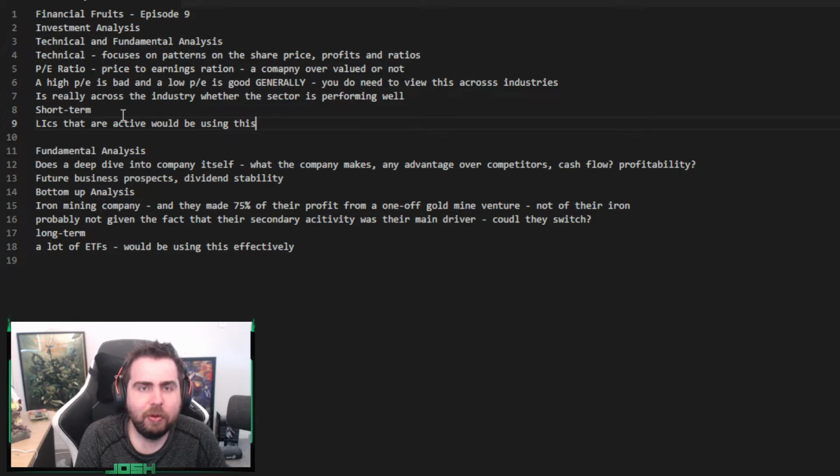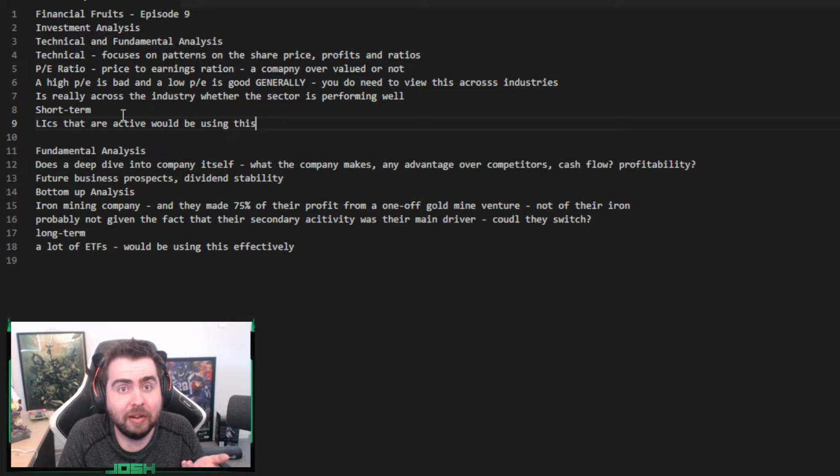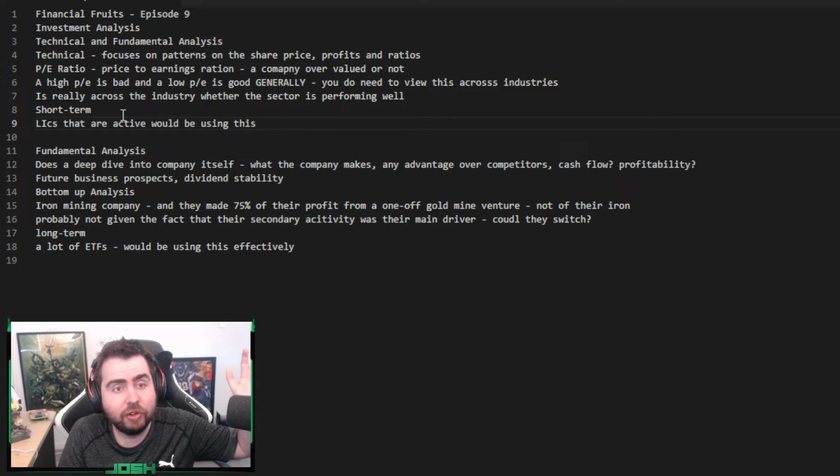Now, with your own portfolio construction, you need to take advantage of this and be aware that there are multiple different analyses that can dictate whether a share goes well or performs poorly. And you should always take a deep dive into your indirect investments, whether the investment philosophy is being met. Are they tracking the ASX 200 or are they investing into some random thing down the track?